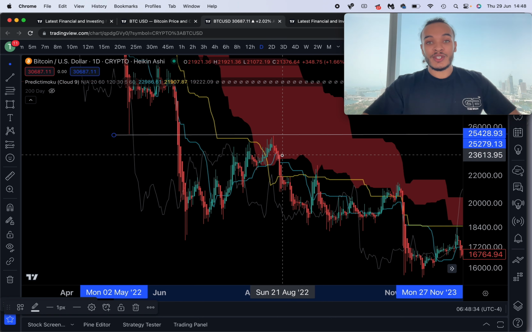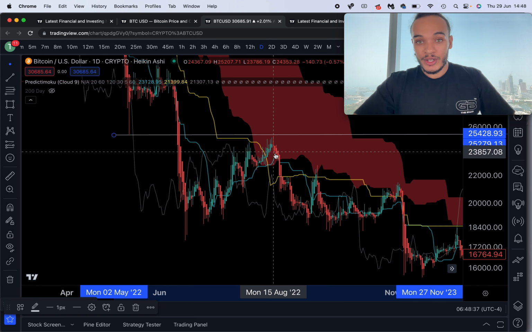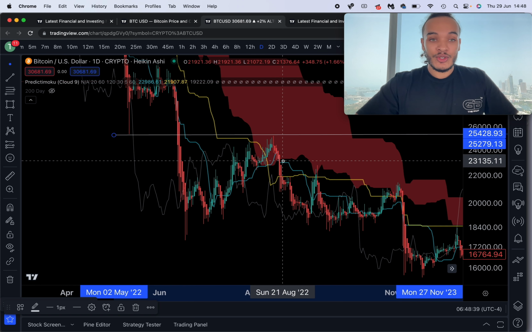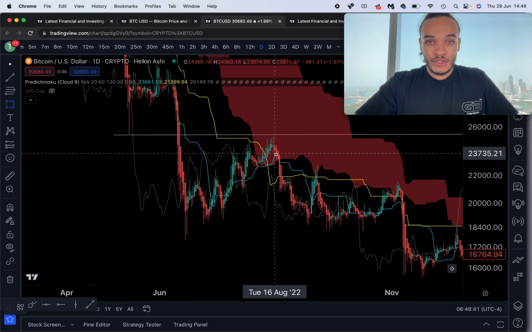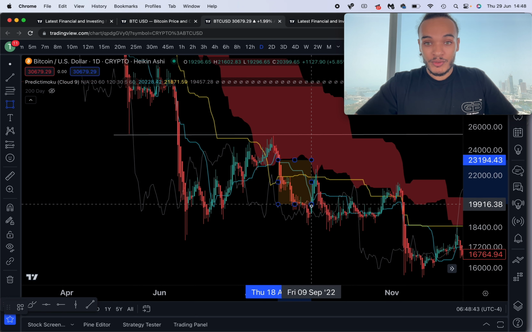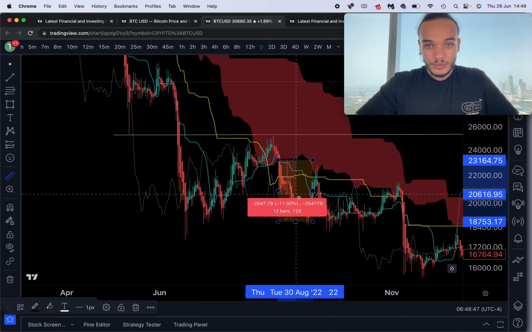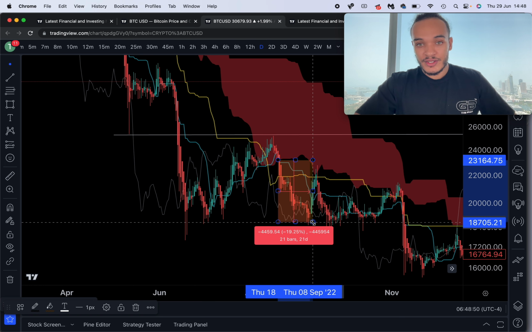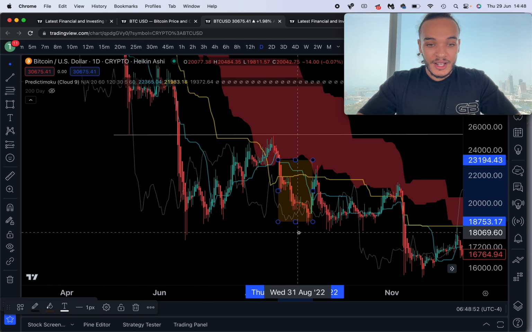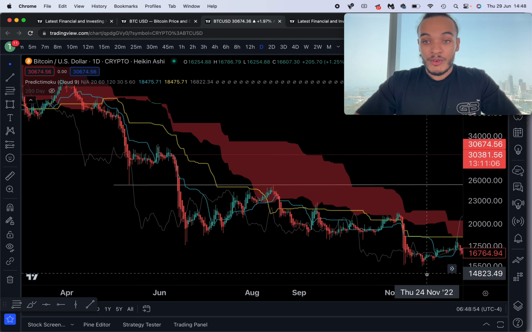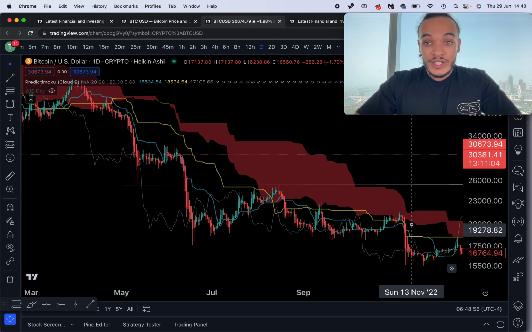Then you can look at a lower time frame and see, okay, we have rejected from here. The lines are now crossing, and you can enter a short, an informed short from this point, the bottom of the cloud, and you have the potential, okay, where you would have made up to 20% gains. Now, obviously, guys, this is hindsight, but as you can see from keeping up with my channel,